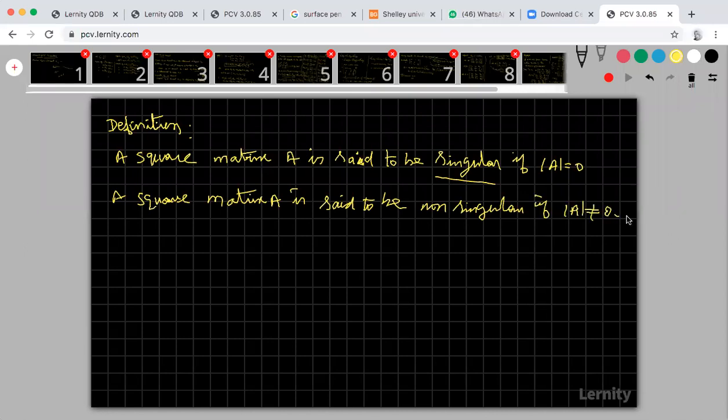So a square matrix A is said to be singular if determinant of A equal to 0. And a square matrix is said to be non-singular if determinant of A not equal to 0. Okay. So the next definition is